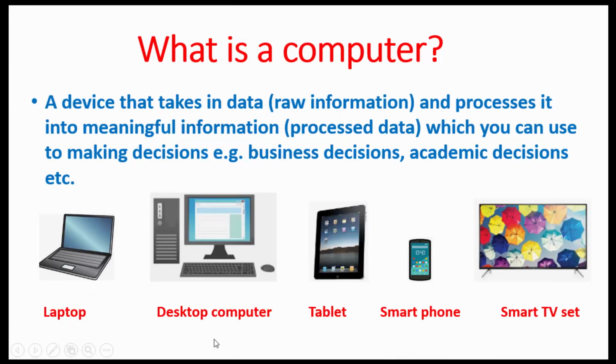Now, what is a computer? Computer is just like any other machine, except that it takes in raw data. By raw data, I mean information which is not in a way that we can make a decision with. We must process it to make it meaningful and easy to understand. So, a computer is simply a device which takes in raw data